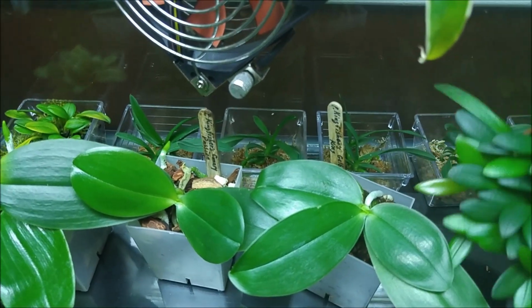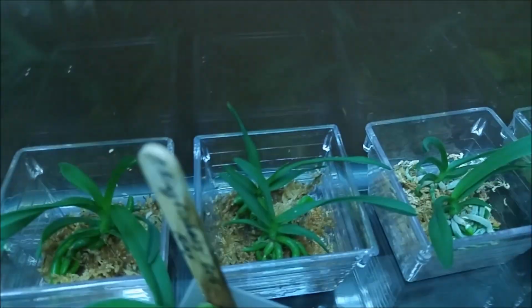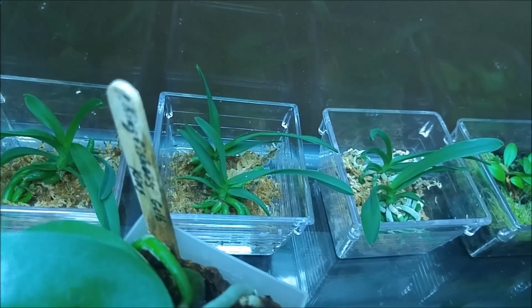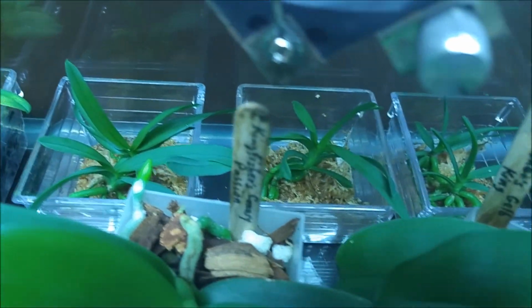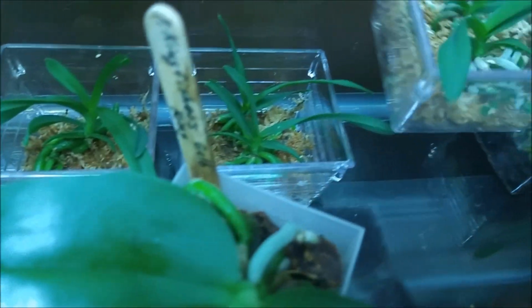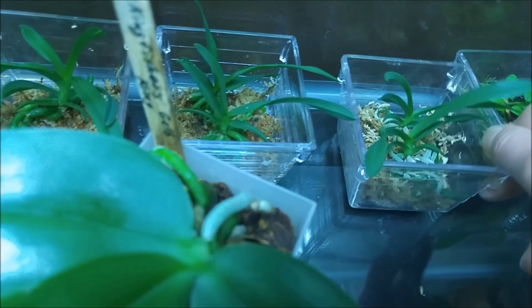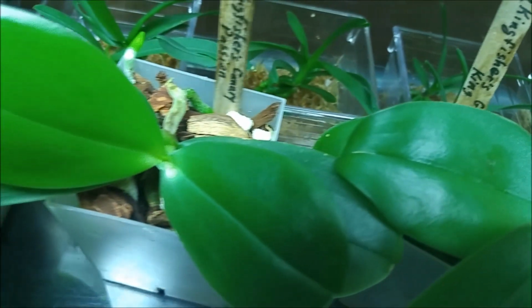Now they're on the back. I'll move this one. On the back I have a row of seedlings of Vanda brunnea Guangzhou that I deflasked in November. They're doing okay. Most of them started to grow new roots. See root tips there. They're just sitting on the top of wet moss, and